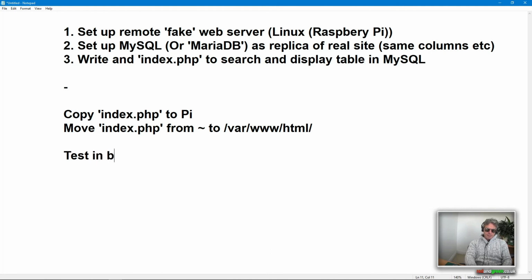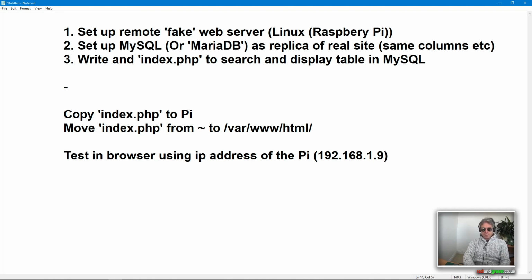Test in browser using the IP address of the Pi. So in my case, I was using 192.168.1.9, and then next,